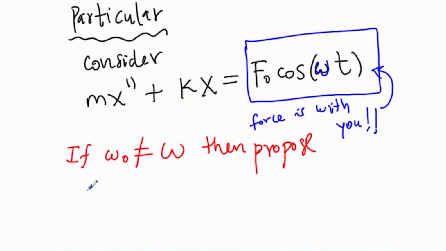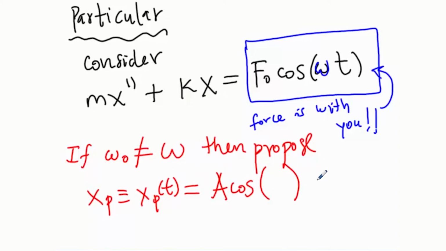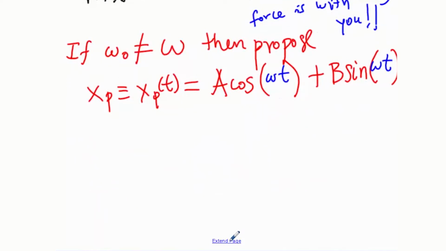propose a solution xp, meaning xp of t, of the form a cosine plus b sine. What are the arguments of these periodic functions cosine and sine? Why? Well, we'll get to that. These arguments are omega t, omega t. They're not omega 0, they're omega t. But if this is what we're proposing, okay, so let's work with this. So this is what we're proposing, that is